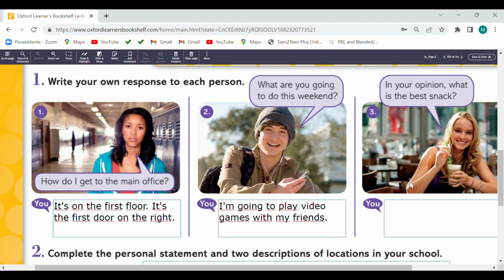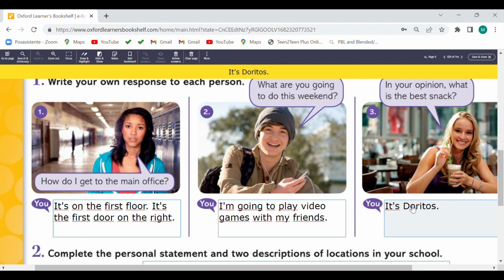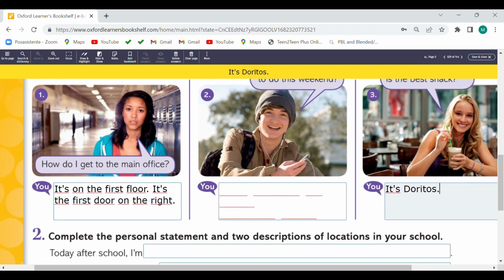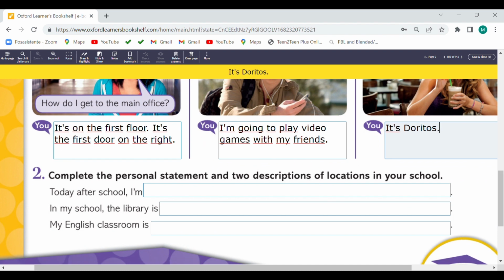I don't know, it's Doritos with Coca-Cola. Okay. They're Doritos. Estos son Doritos, ¿verdad?